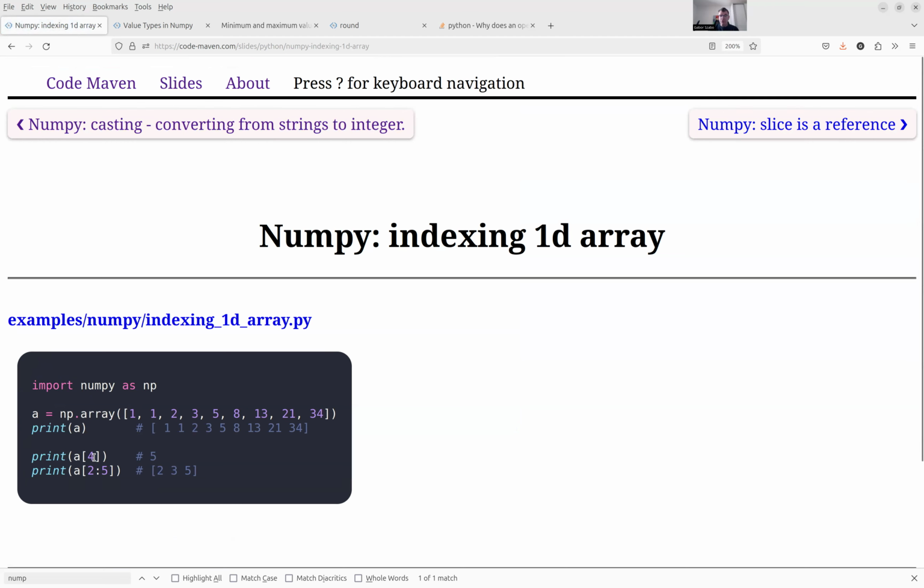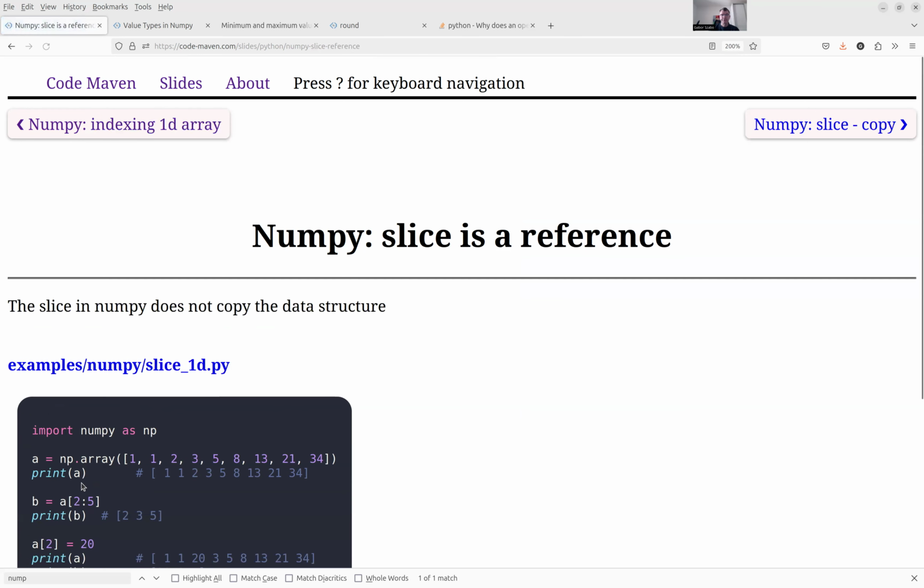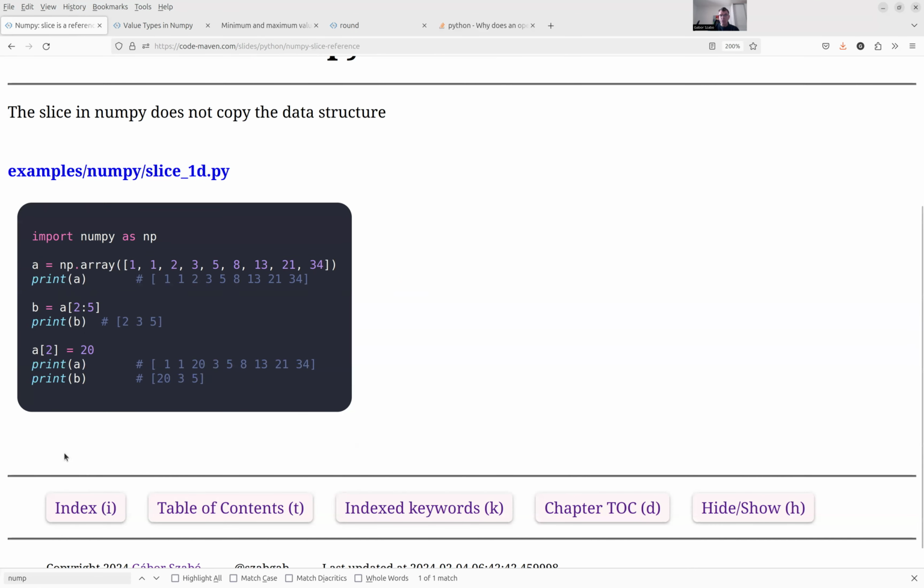We can get to certain elements or parts, or slices of elements, inside the matrix. That slice is also a reference. So if you make some changes, let's say to the original matrix, original vector, it will be reflected both in the original and also in the slice. So this B is really not a copy of the data by default. It is just referring to the same data in the same place in the memory,